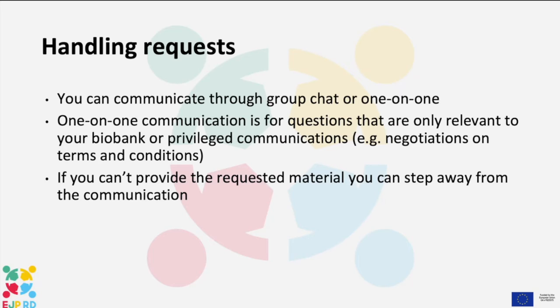So if it's going through the group chat, then all the biobanks that were included in the request will receive the messages. So this is useful for asking more details for a request that might be relevant for other biobanks